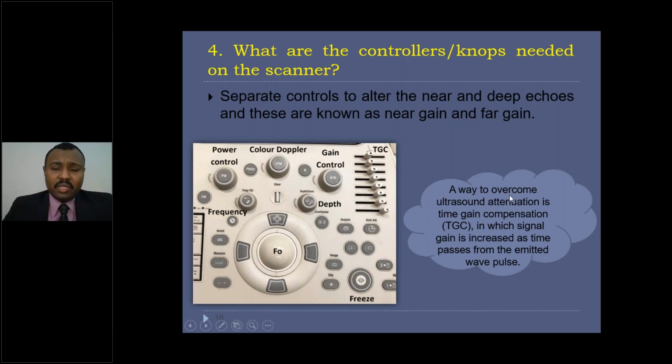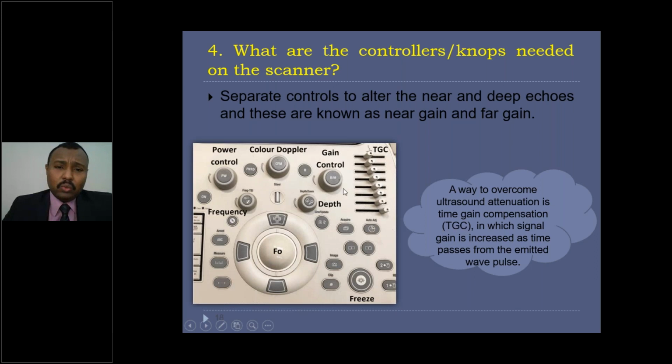Now another point raised here is attenuation, and as you already know, attenuation is a loss of energy while the ultrasound examination is ongoing, and this loss of energy increases as ultrasound passes inside the human body. Such loss of energy during ultrasound scanning must be compensated, and the compensation comes from this key known as time gain compensation. And you can notice here we can alter the near gain and far gain separately at a specific area that we choose through these knobs related to this